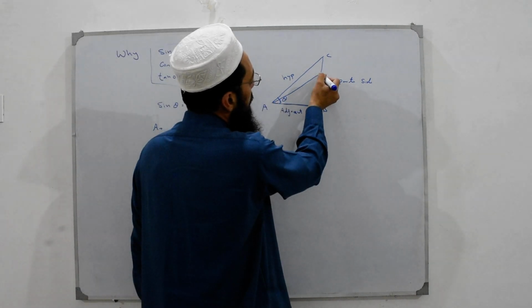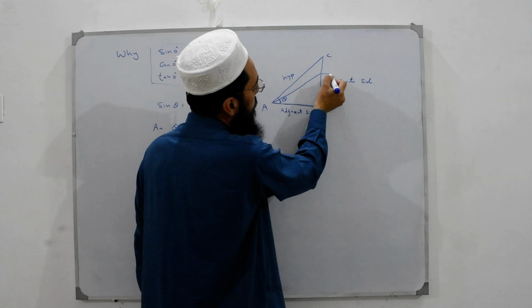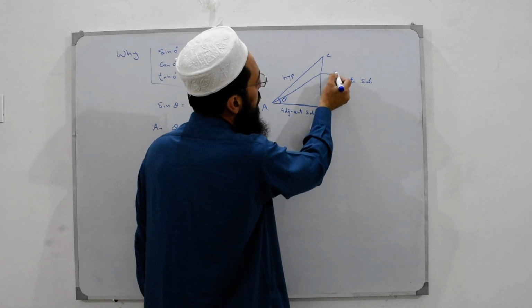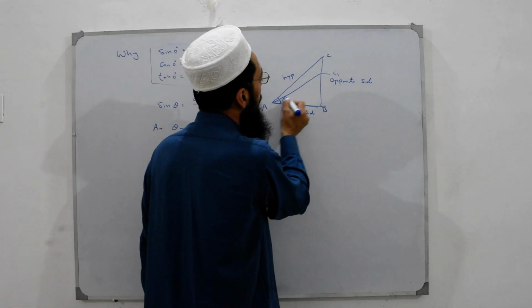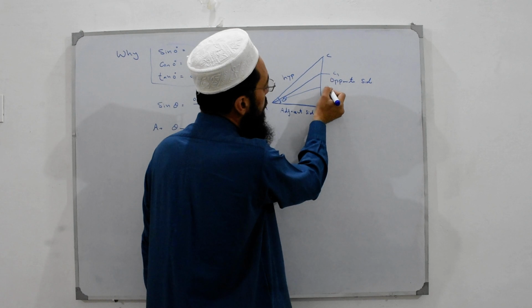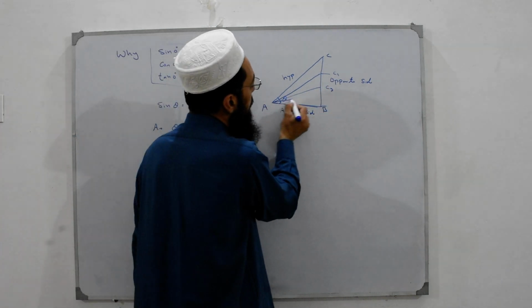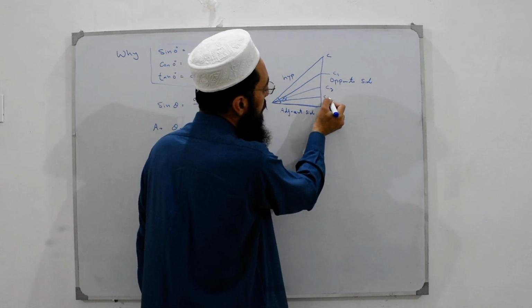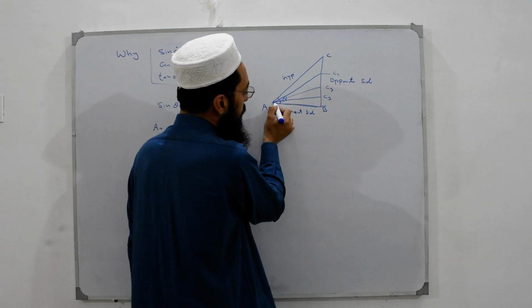When we decrease angle theta up to this point, the opposite side decreases from BC to BC1. Further we decrease angle theta, the perpendicular side will decrease from BC1 to BC2, and then from BC2 to BC3. And when angle theta becomes equal to 0,